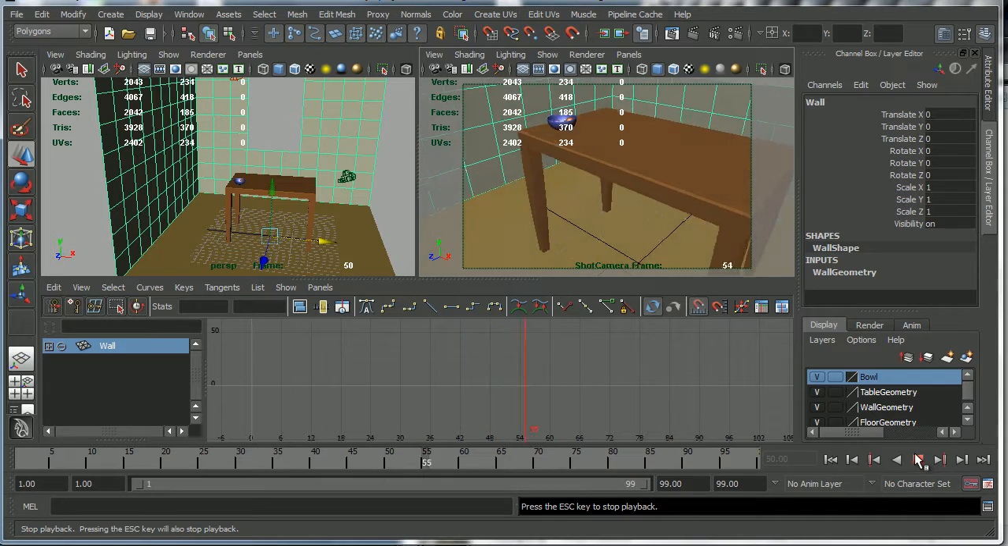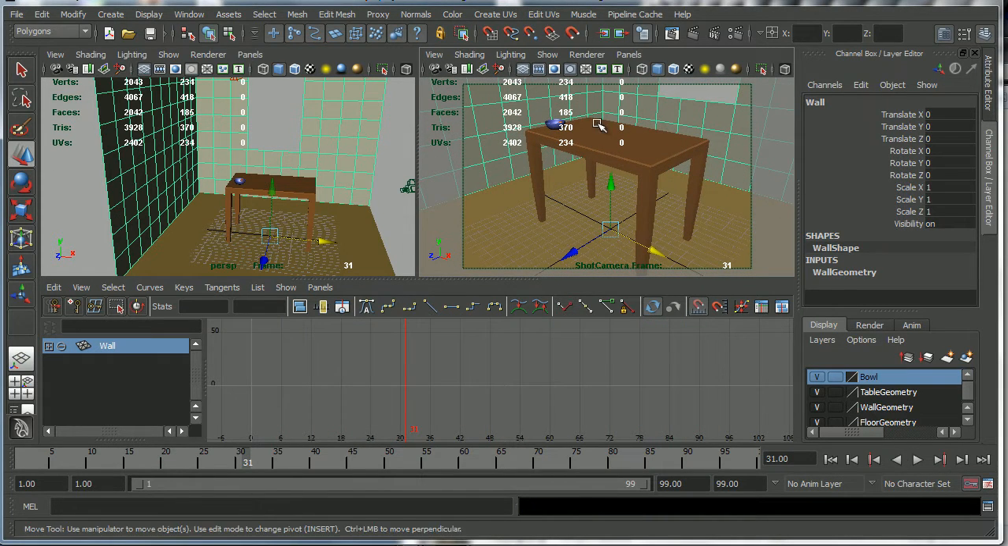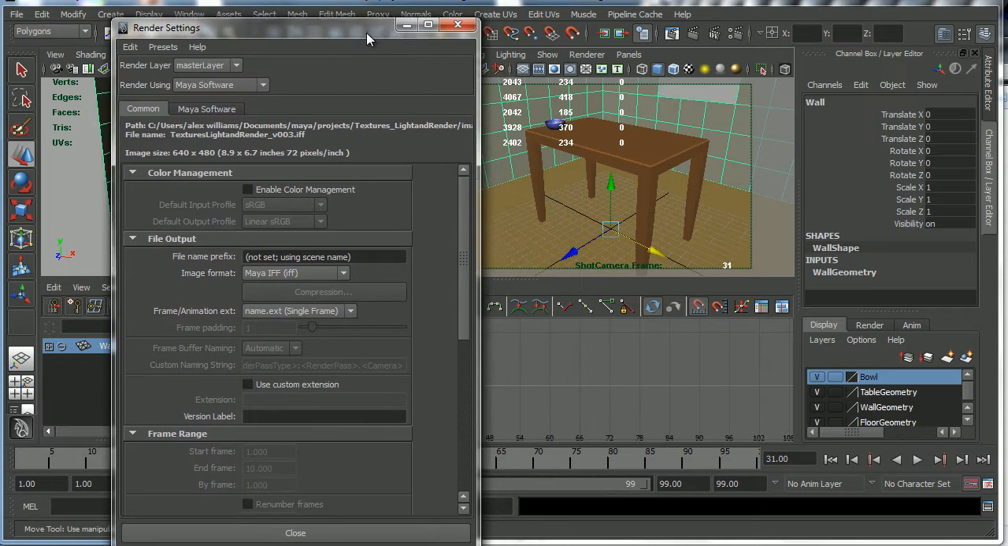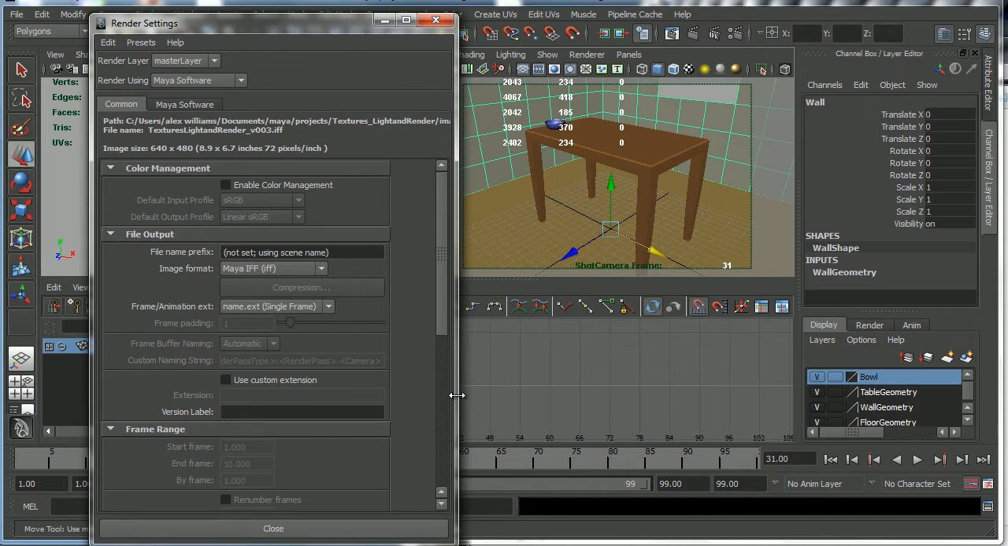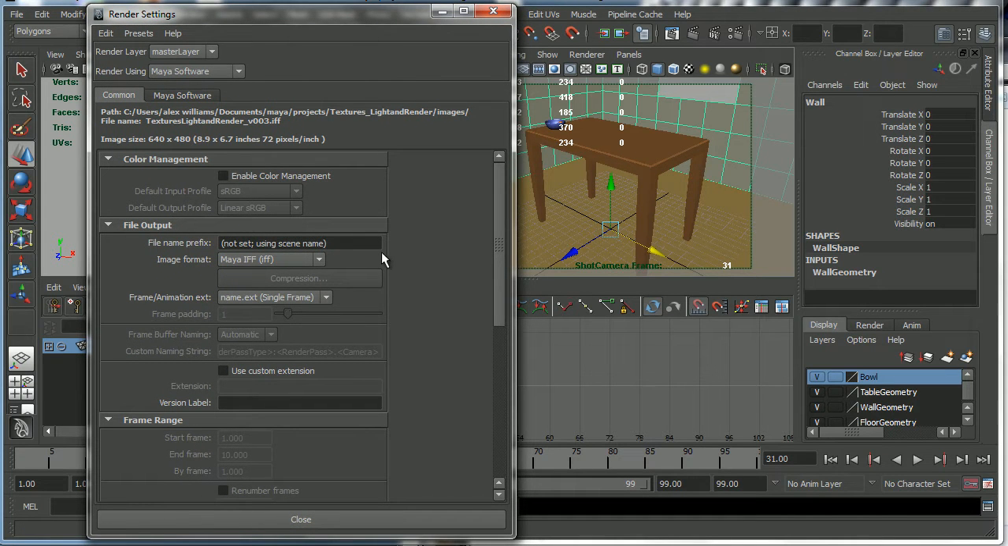So what I want to do is now do a batch render, and in order to do that we need to go to the render settings, which is this little button up here, and I'm going to open up the render settings in Maya, and you will want to make a note of these settings because